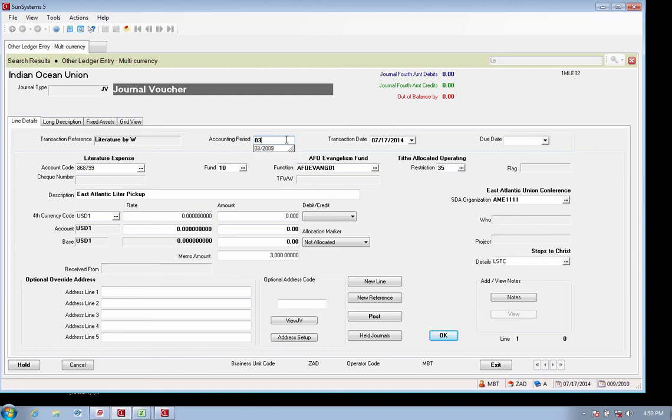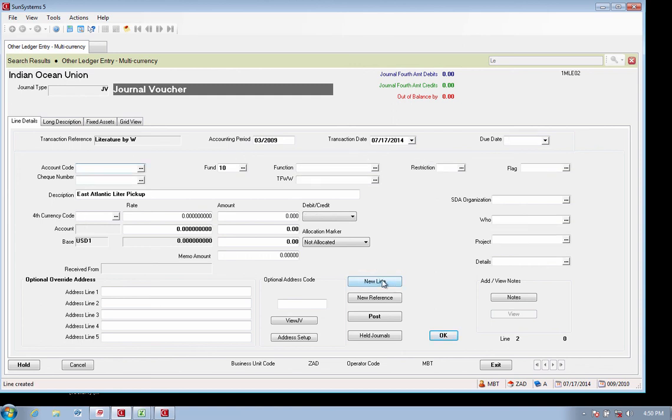And they picked it up on 02/03/2009, third period of 2009. They're picking up literature, and so that is a reduction in the number of Steps to Christ that are there. So we do a new line, and still the same account code,